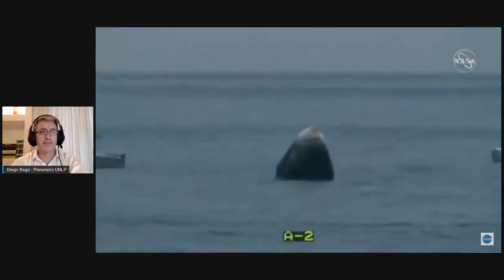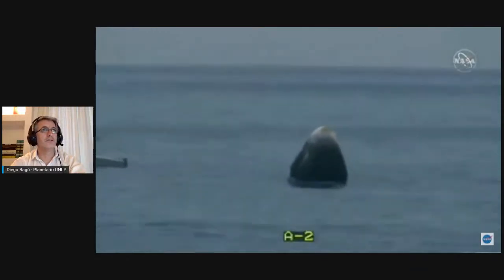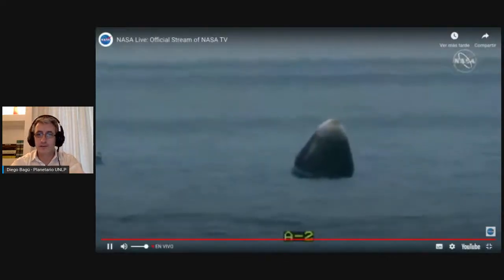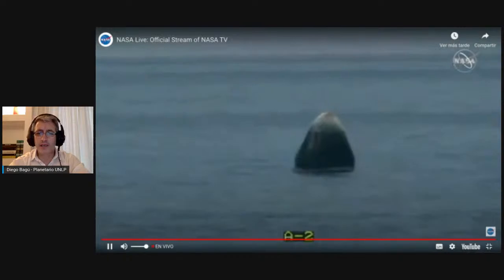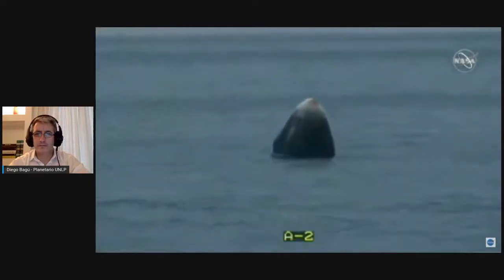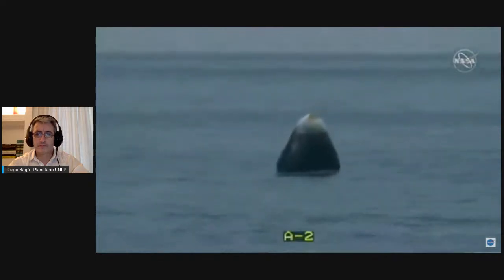It is certainly no longer the bright shade of white original. Like we said, those external temperatures were reaching up to 3,500 degrees Fahrenheit. So the thermal protection